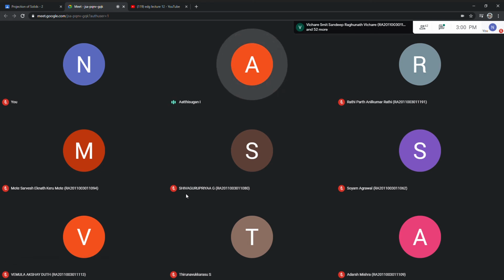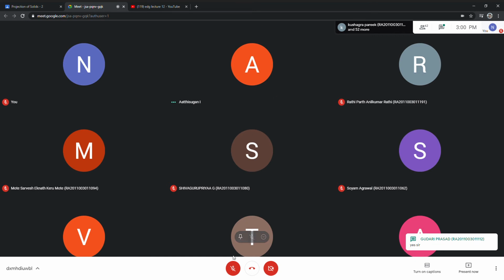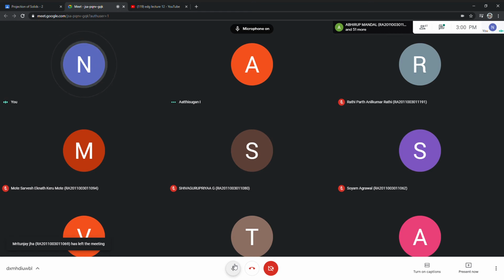Others, for the Mac question, whether the final answers are coming, whether your front view and top view are coming properly. Nikhil, Shiva Guru Priya, who is using the Mac question? Sir, I'm not using Mac. Yeah, Nikhil. Whether the final answer is coming properly, that is front view, top view, side view, without using view standard. Whether you tried that one?